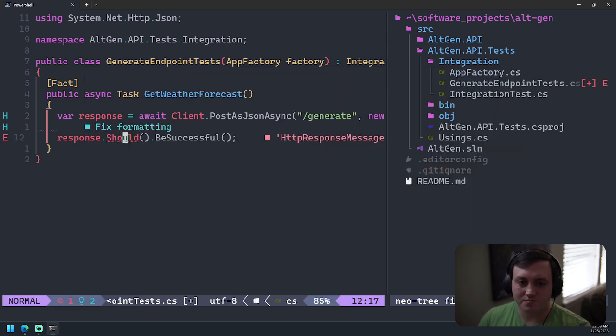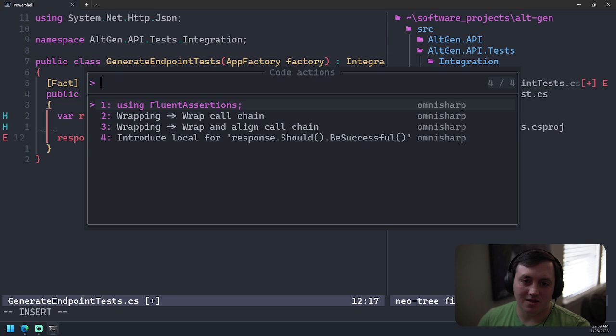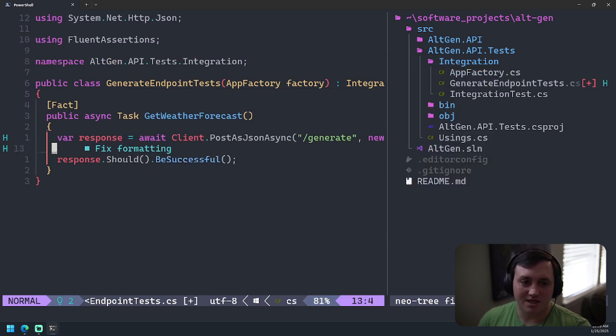So if you're working on a test project like this and you're using a library like Fluent Assertions, which I am, and you don't want to have to add a using for that everywhere. It's basically the same idea with XUnit.